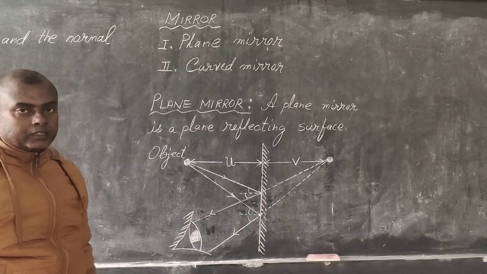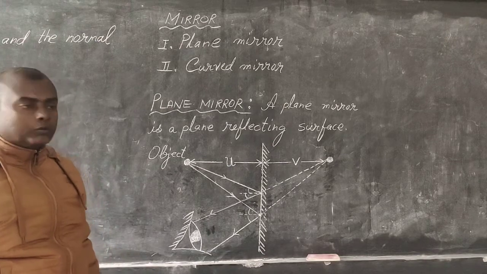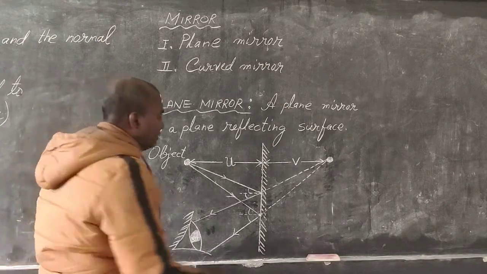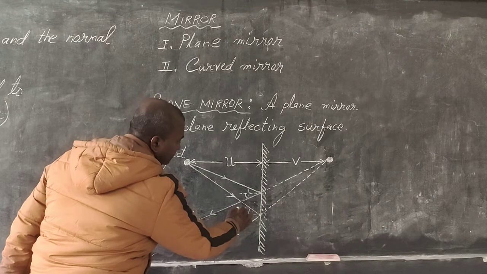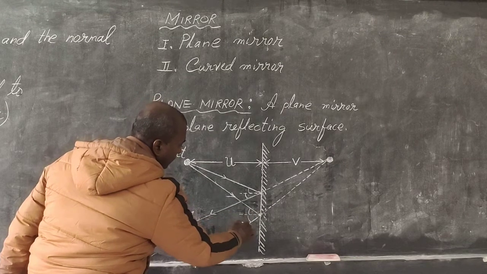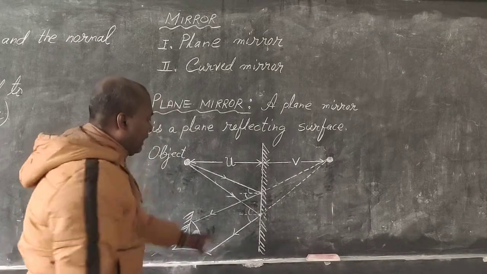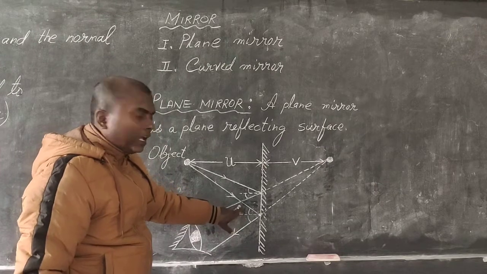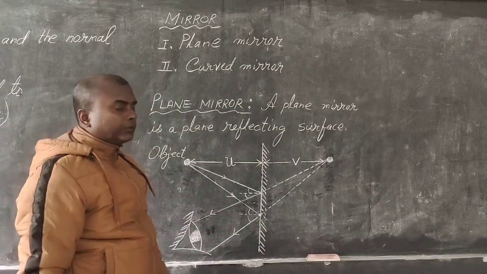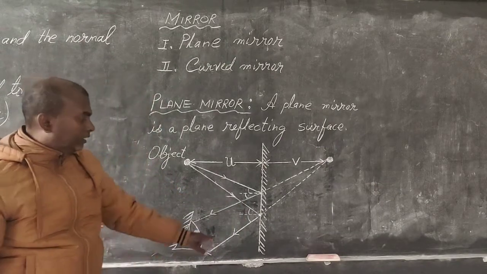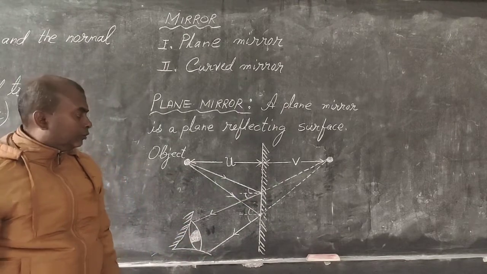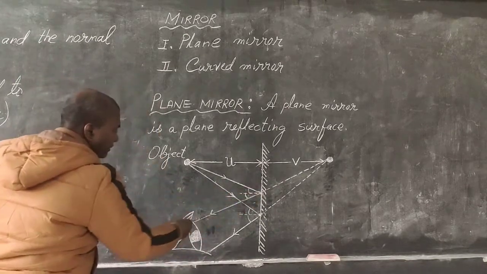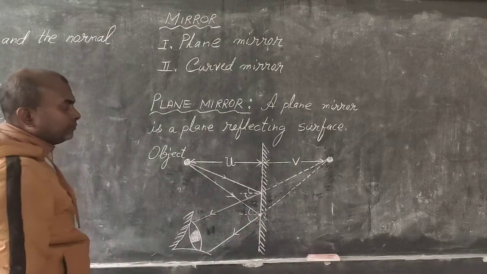a way, it is not out of imagination that I have made it. No, measurements are to be taken. The measurements are this particular angle and this particular angle. The reflected ray, the angle that it makes with the normal, should be equal to the angle of incidence for this particular ray. Then only you will get a correct diagram. So now we have two reflected rays, this one and this one.